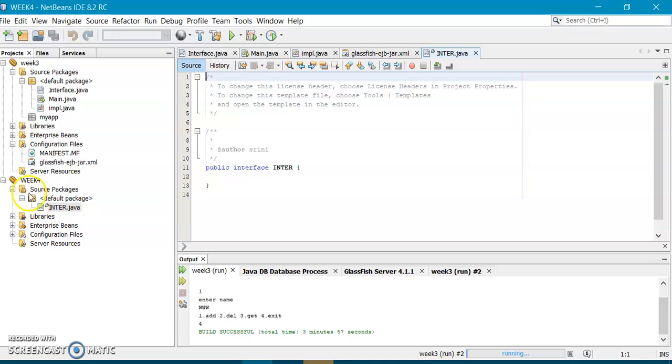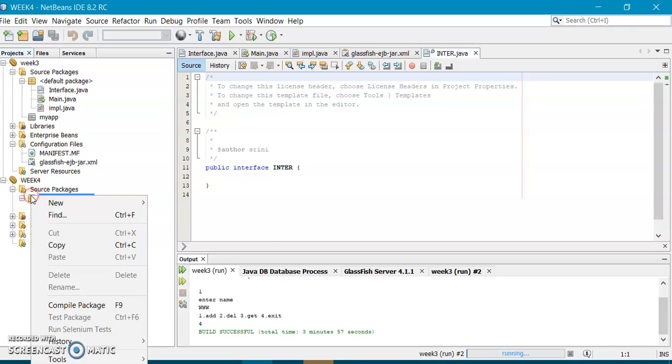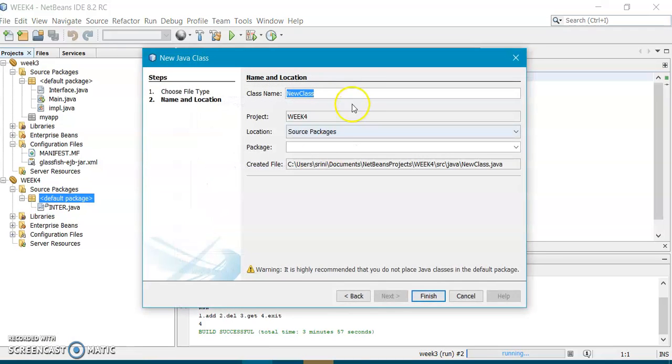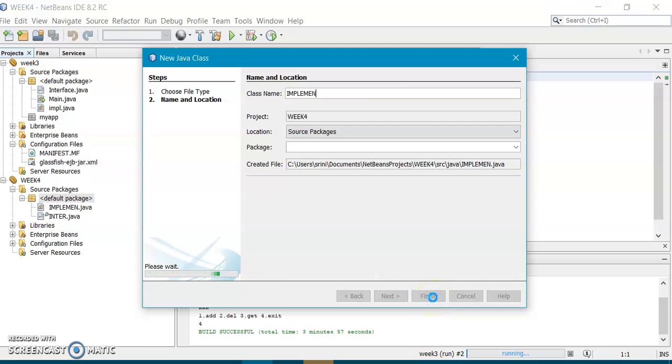Again you right click on this, then again new. You have to write a Java class for that implementation, isn't it? Right click and you create a Java class. You will be writing the implementation of that interface. So you write implementation and then say finish.